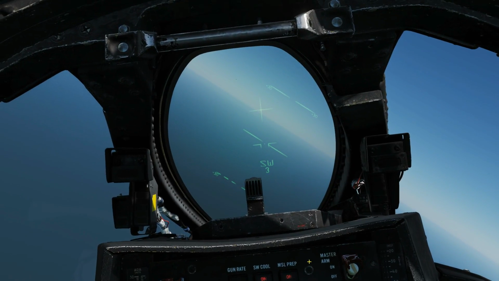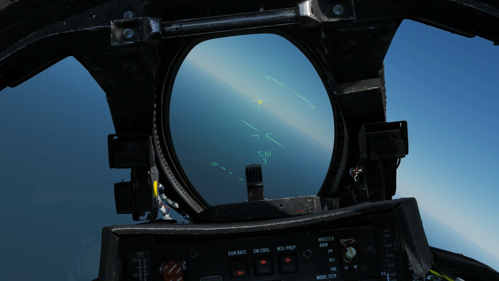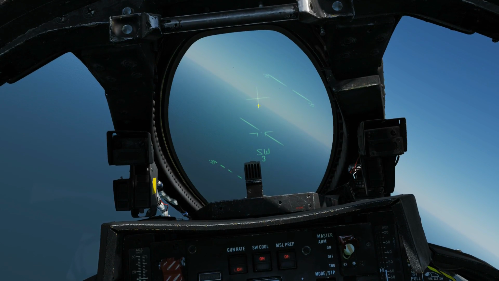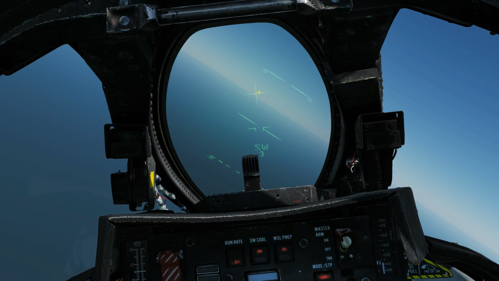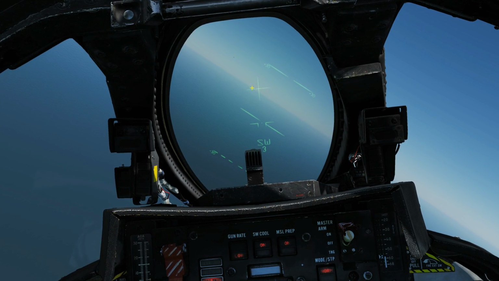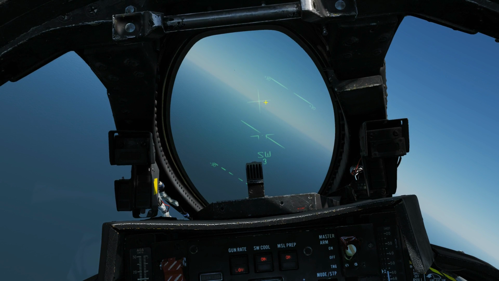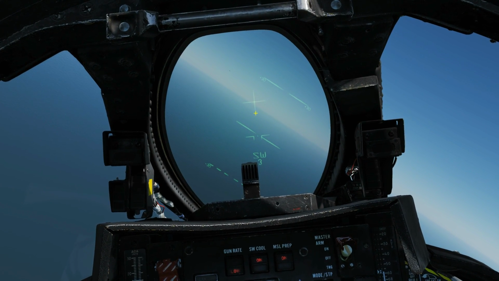So now the actual seeker head is dancing around in the pattern that we saw previously, centered on the ADL here. So although this large crosshair showing the seeker head position is static at the moment, what it's actually doing is that kind of pattern to cover the 6 degrees diameter. Now with the version of DCS we've got at the moment, that is not represented by movement of the crosshair. We think in the future the crosshair will actually move with that search pattern,